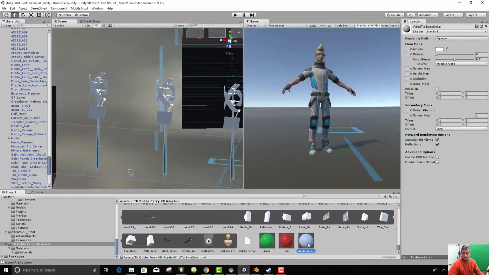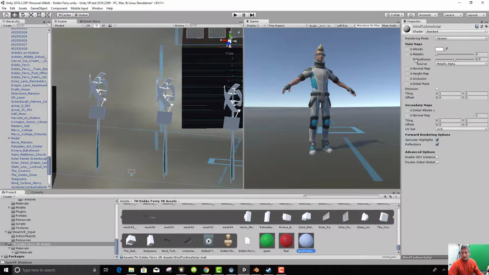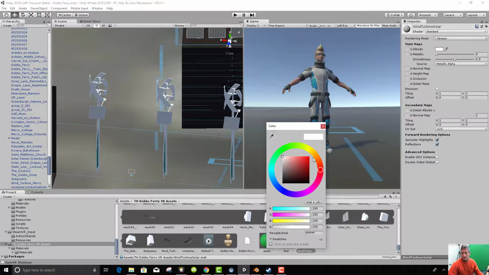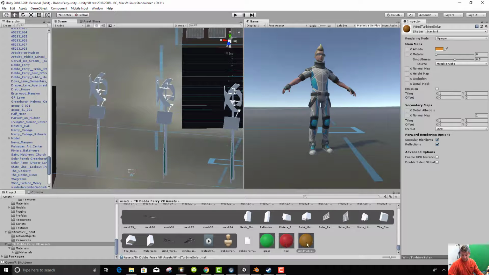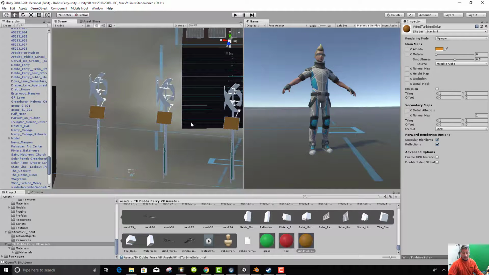Let me give that a color that I can work with. I'll make it orange just so I can see it. And then if I drag that onto there, that is now my wind turbine solar as opposed to the other one